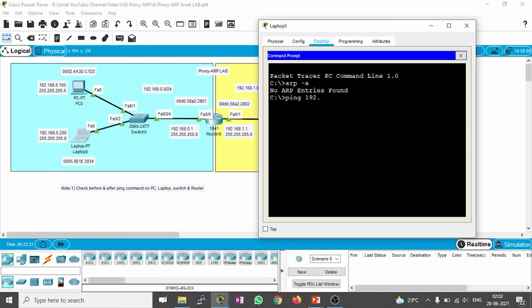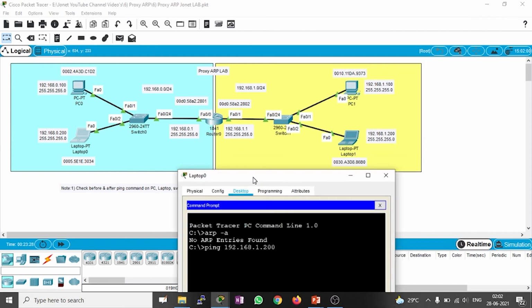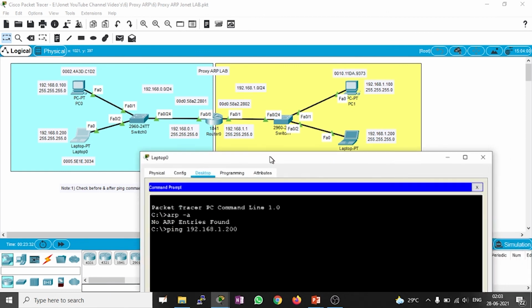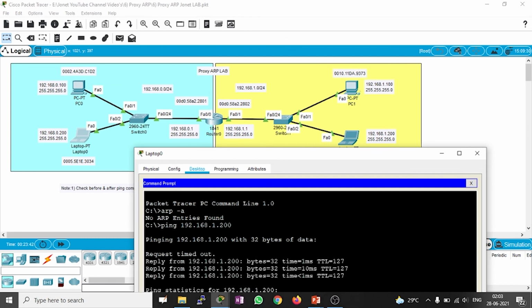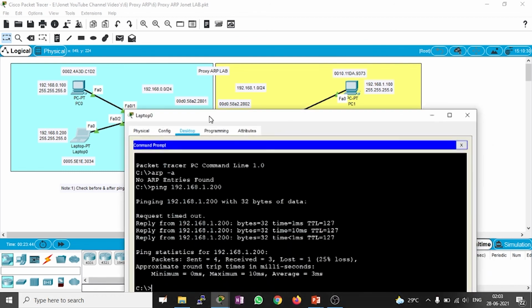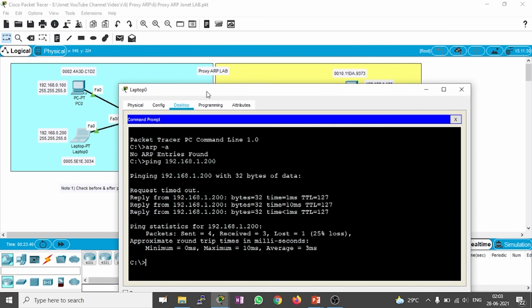So ping 192.168.1.200. I'm trying to ping both the laptops. The first reply will be request timed out due to the time limitation, then the consecutive 3 replies may be successful. Now in that laptop, I can enter arp -a.